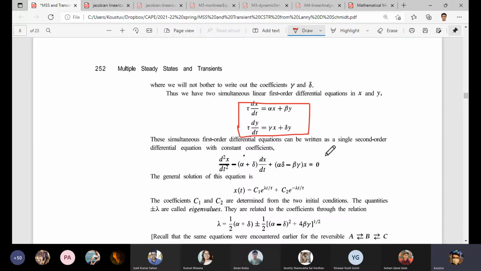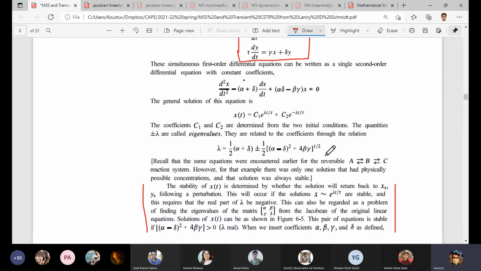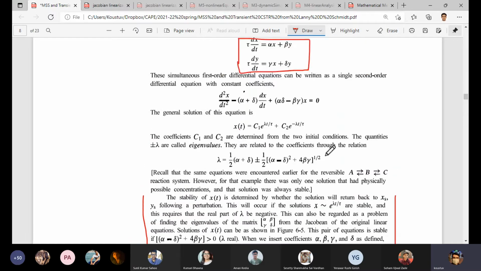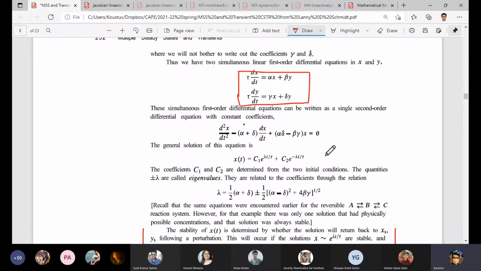So now we are going one more step ahead. We are trying to further characterize whether they are stable or unstable. So till this part you just hold it, because we want to take up an example and see mathematically what values actually tell you whether the system will deviate, whether it is an unstable state or a stable state.